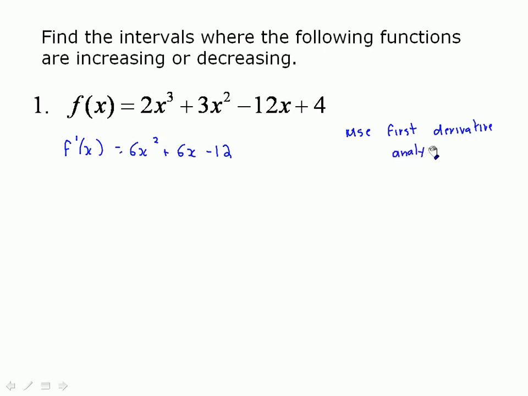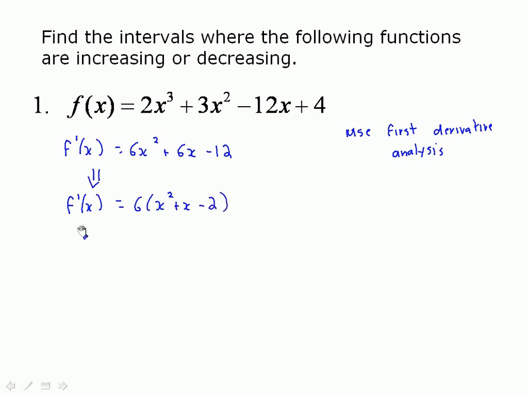And this will tell us where the graph is increasing, where the graph is decreasing, and where it's actually having what appears to be a turning point. So the method would be factoring this if it does factor. So we would initially take out a factor of 6. Do not divide out the 6 because it's not equal to 0, so you cannot just get rid of it